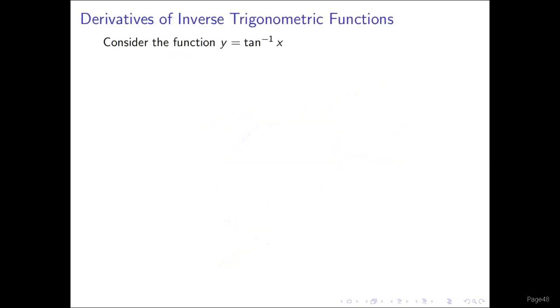Now let's go to derivatives of inverse trigonometric functions. So far what I know is that all you are required is to know how to find the derivatives of inverse trigonometric functions and nothing else. In other words, it's just like what you did in the previous module, where you are given the